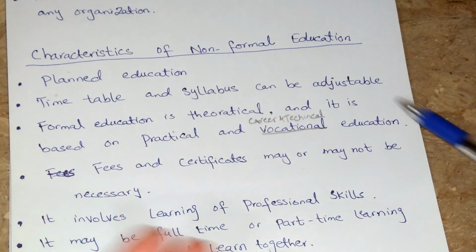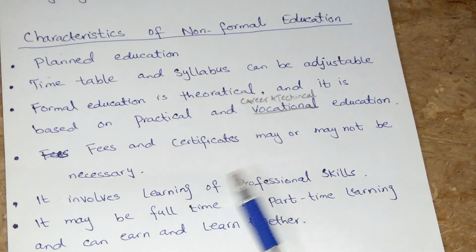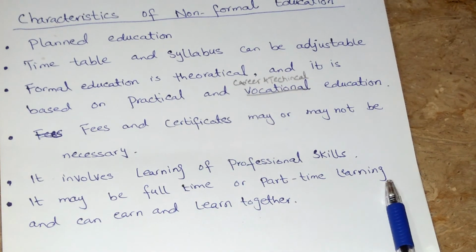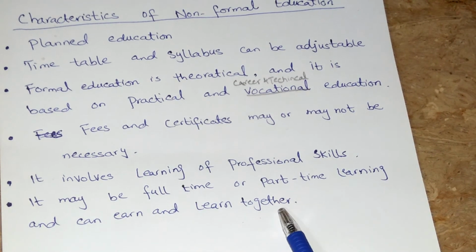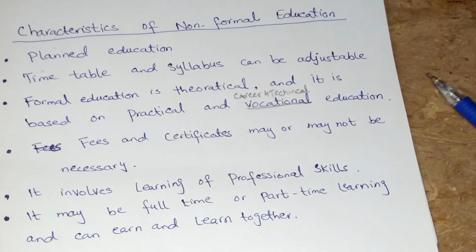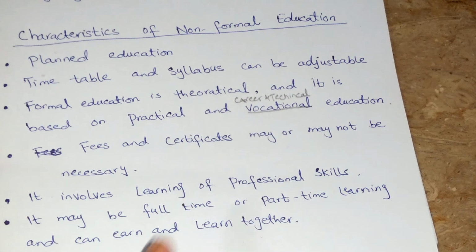If you take any program or training session online, or vocational education, you may or may not get a certificate. It's not necessary. As we saw, in formal education it's necessary to have a certificate or a degree, but in non-formal education it's not mandatory to have certificates or degrees. It involves learning of professional skills. It may be full-time or part-time learning, and you can earn and learn together, as in training programs during your job sessions. Okay, if we go through the difference between non-formal and informal, the basic and first difference between